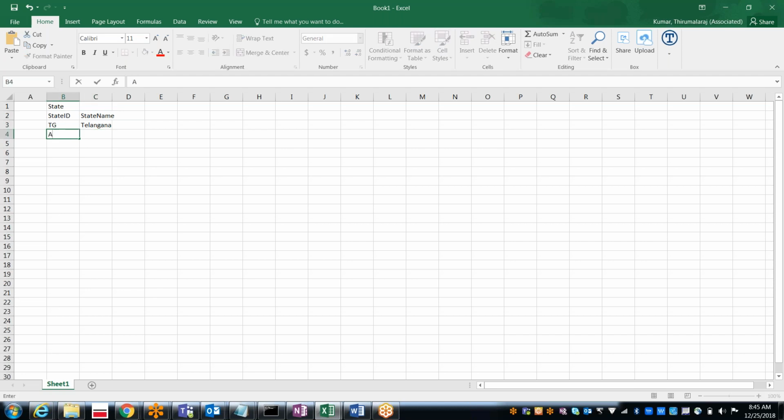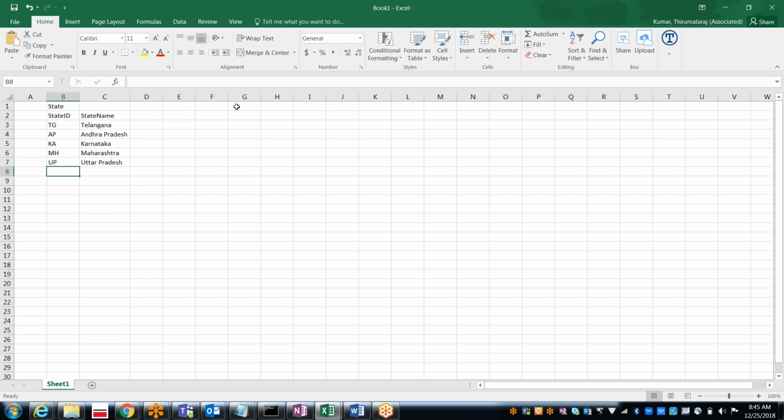For Andhra Pradesh, AP. Then Karnataka, Maharashtra, and Uttar Pradesh. Like this, I wanted to give the states drop down.